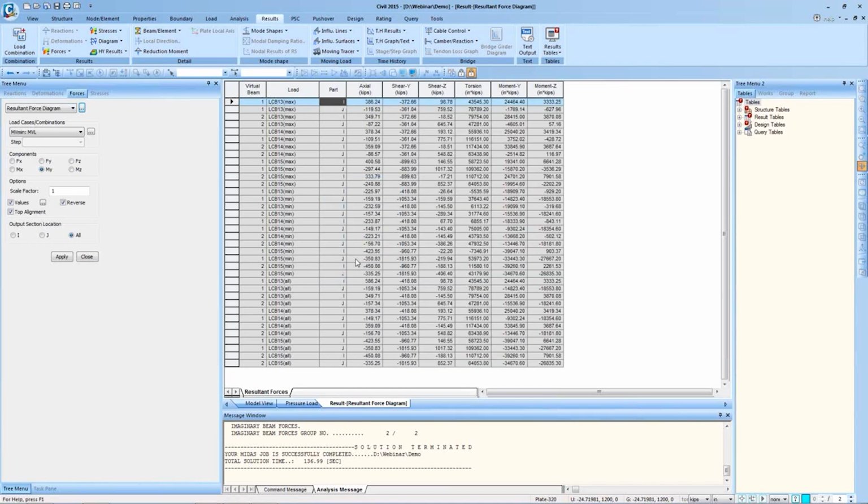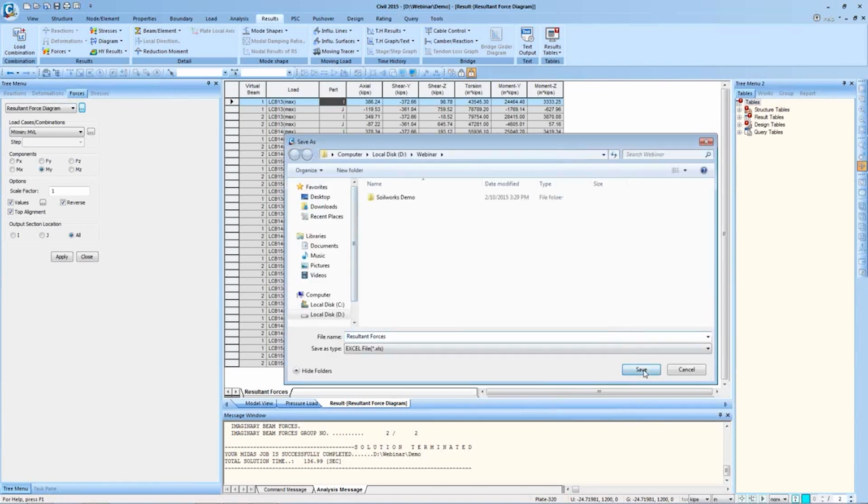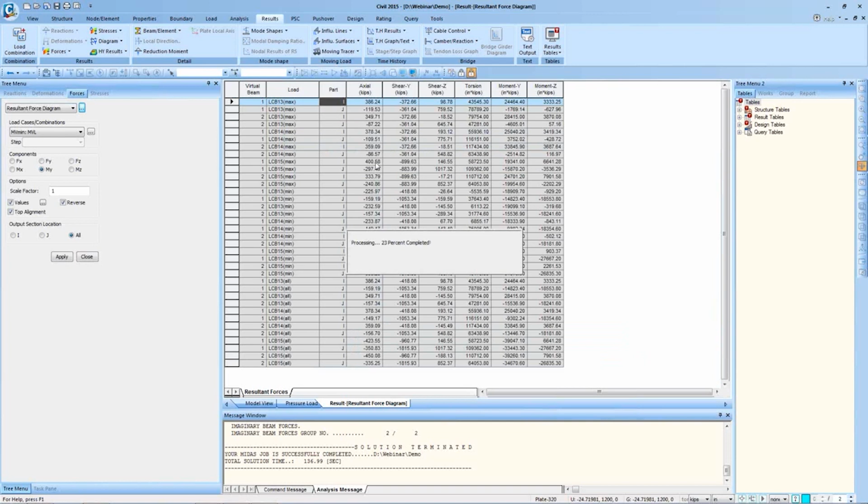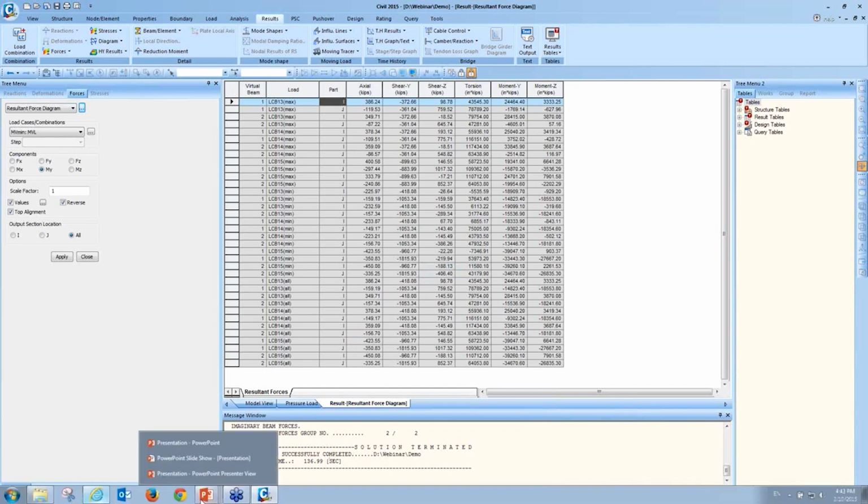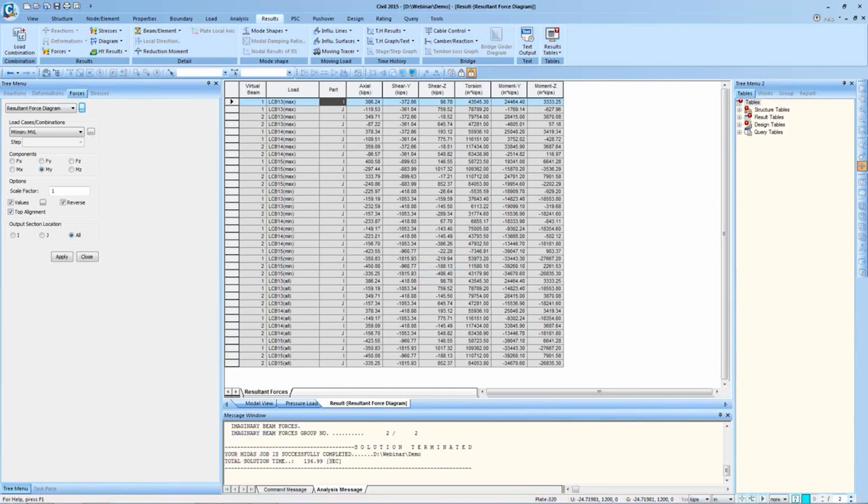I can export it to Excel. After clicking export to Excel, I can save it, and the software saves the Excel file with all this table. I can open the Excel file now.